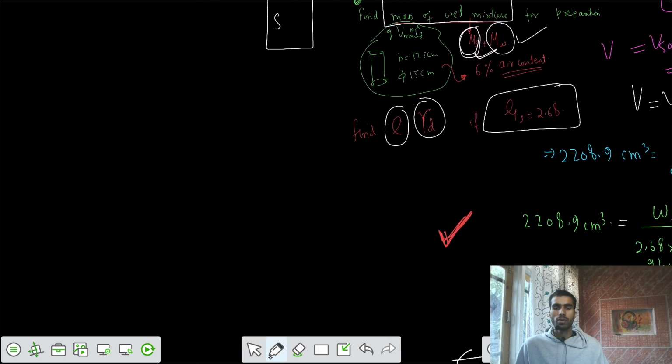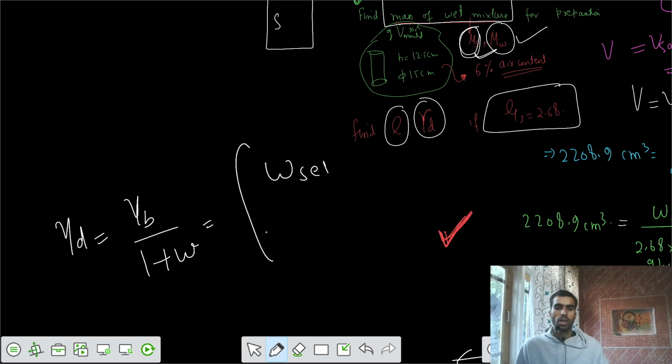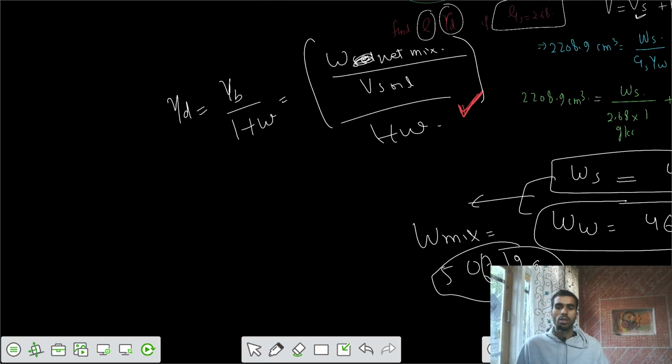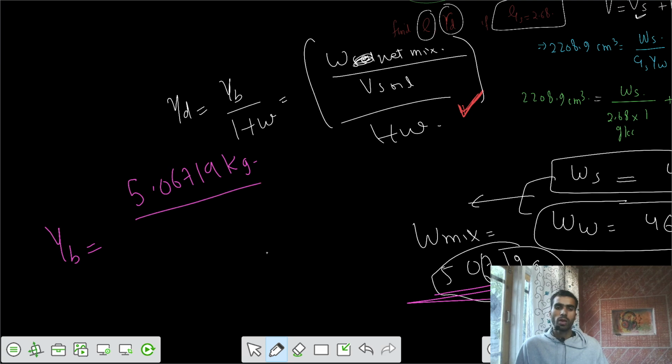Now we need to calculate gamma dry. Can you calculate gamma dry from gamma bulk? I know that gamma bulk is the weight of the soil, the weight of the wet mixture of the soil, divided by volume of the soil, and gamma dry is that divided by 1 plus w. So we can get the value of gamma dry. We can finally solve for the gamma bulk. Gamma bulk is the weight of the soil, which was 5.06719 kgs, divided by the volume of the soil, which was